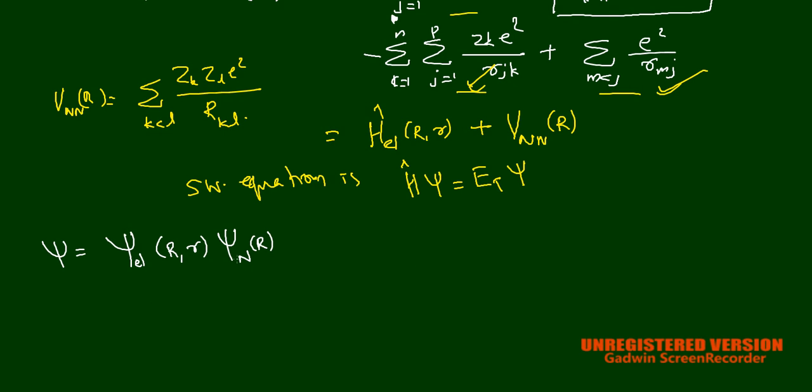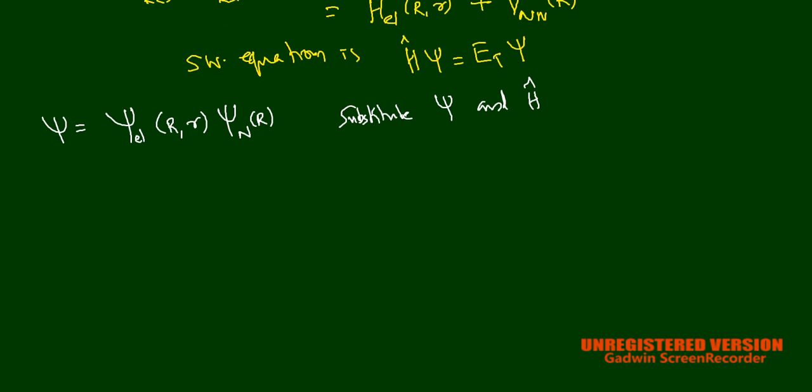Okay, so what we are going to do is substitute psi and H cap in our Schrodinger wave equation. This is the Schrodinger wave equation, H cap psi is equal to E psi. So we are going to substitute this in the Schrodinger wave equation. Then the Schrodinger wave equation becomes, what is H cap? We already have H cap as